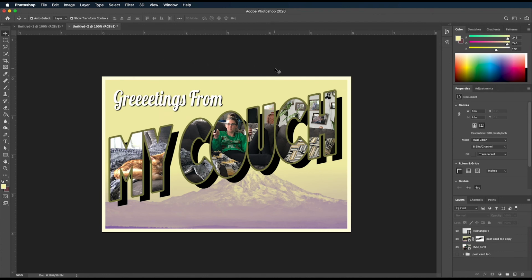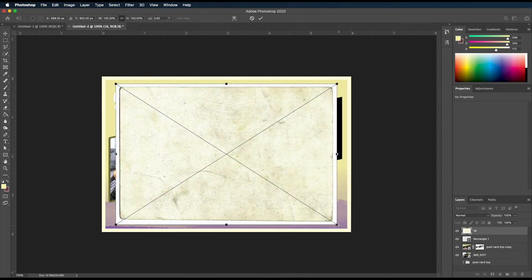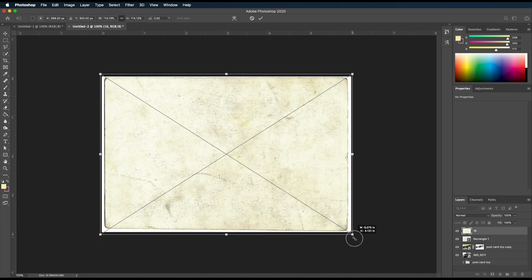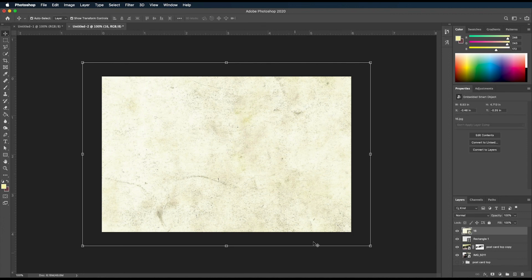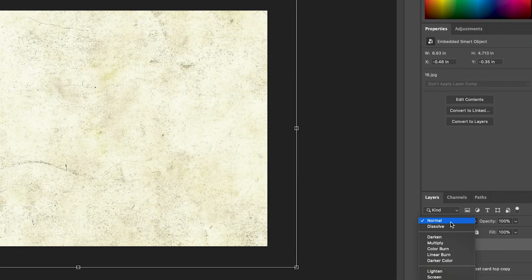All right, so for the most part we're done, but I like throwing textures on top of stuff. So if you did a quick Google search of, I don't know, blank postcard textures, I think that's how I found this guy, you can bring in a blank postcard that's got all these neat little distressed marks and scratches and scrapes and all that cool stuff. And if you scale that to cover up your entire image, you're like, what the heck? It's covering up everything. With our layer selected, I can go to this little guy and play with the blend